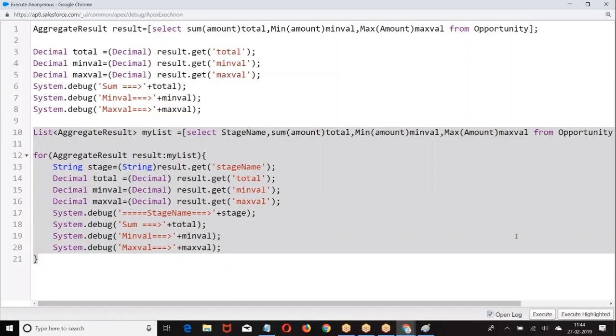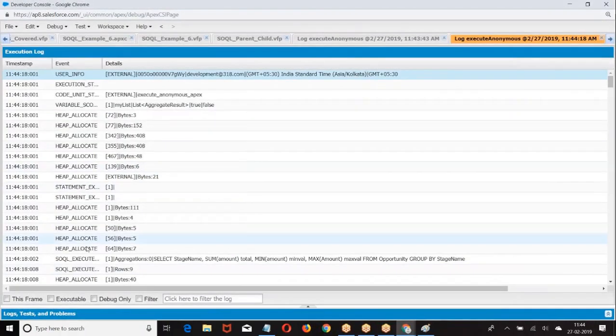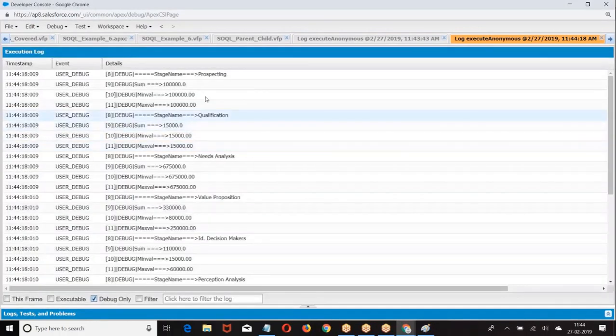Now let us see the output. Stage name, prospect, sum, min, max.